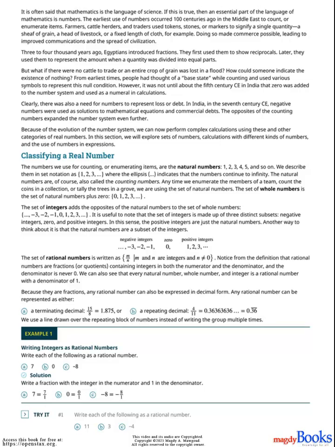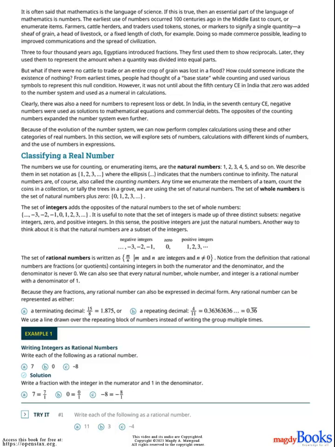Because they are fractions, any rational number can also be expressed in decimal form. Any rational number can be represented as either a terminating decimal, 15/8 = 1.875, or a repeating decimal, 4/11